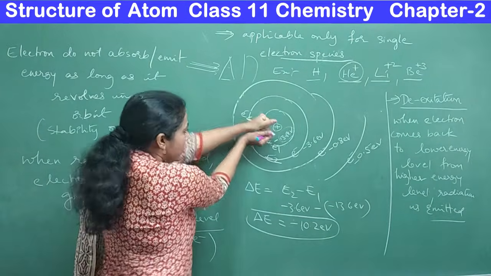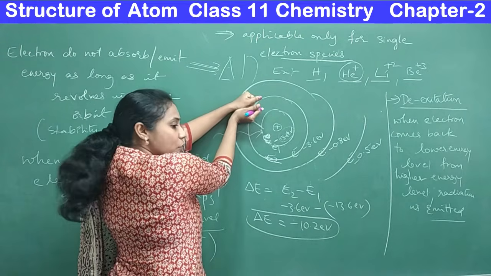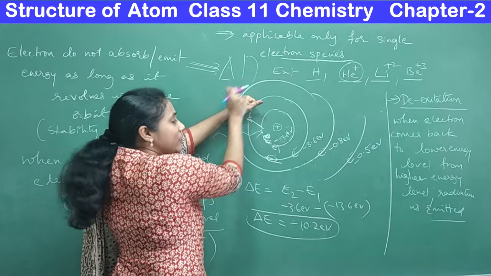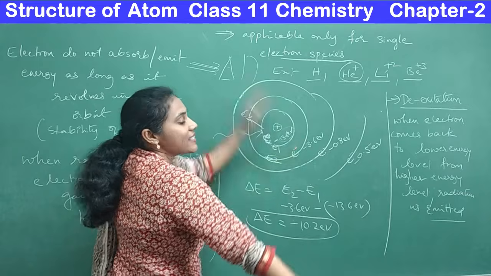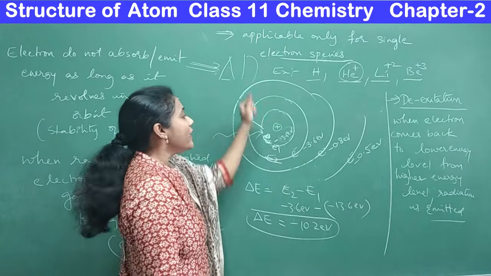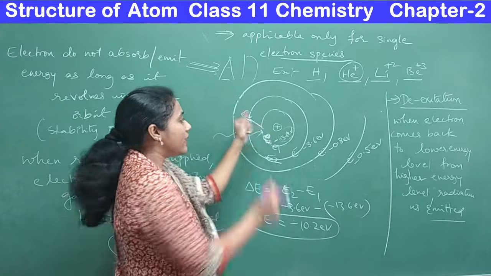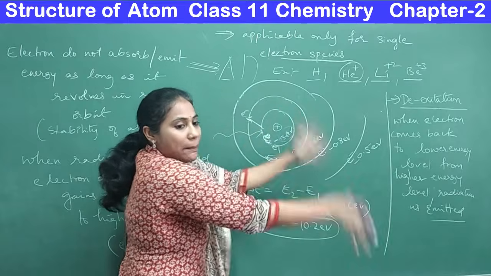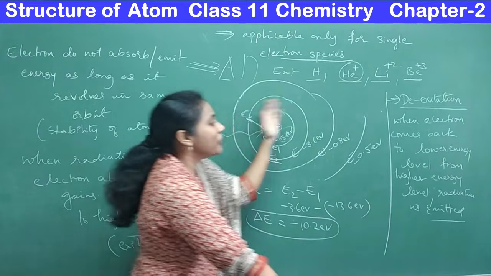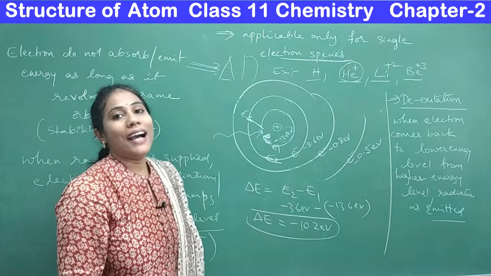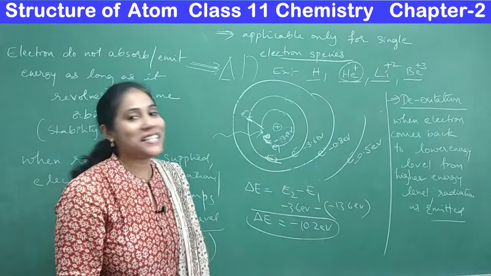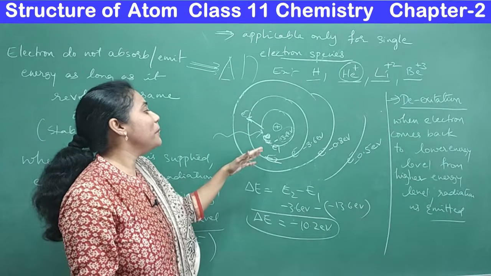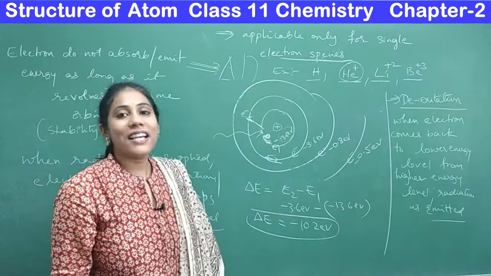Okay, with some energy it went to a higher level. Now there it's not happy, it wants to go back to its home. So whatever energy it has acquired, that energy will get released when it is coming to a lower energy level. Energy getting released means whatever radiation it has absorbed to go to a higher level, it's giving back. So that is the radiation emitted from the atom. Now you understood why the radiations are absorbed by the electron and why the radiations are emitted.